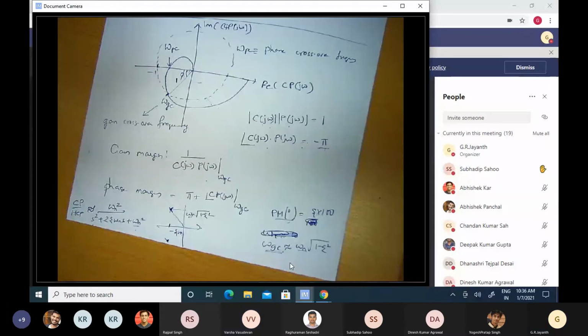Subhadeep Sahu has a question. Hello, sir. So that phase margin you've written equals zeta into 100. That part, sir, you have given some example. I could not get it, sir. Please repeat that. So you are familiar with the notion of a damping factor from your vibrations course, I presume, right? Yes, sir.